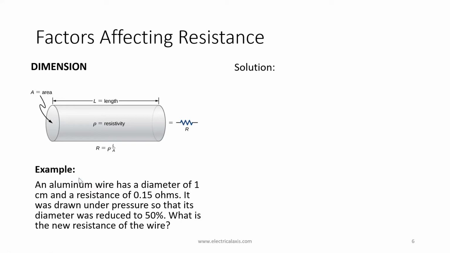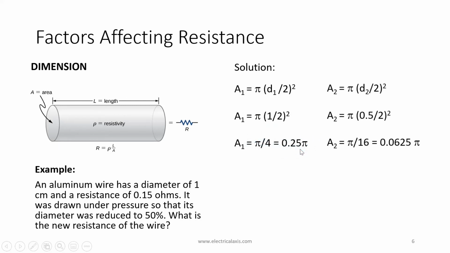So, as a solution, we are going to find first the value of the area. And we know that the formula of the area is pi r squared. Now, we will just modify the r into d over 2 because the given is diameter. And the value of the diameter before the process was applied was 1 and can be directly substituted here. So after calculating the value, we can get a value of 0.25 pi.